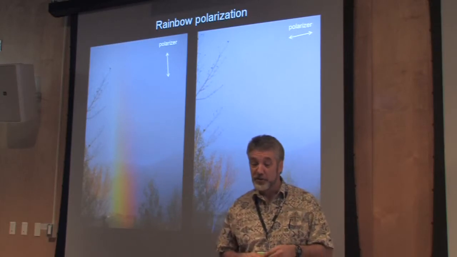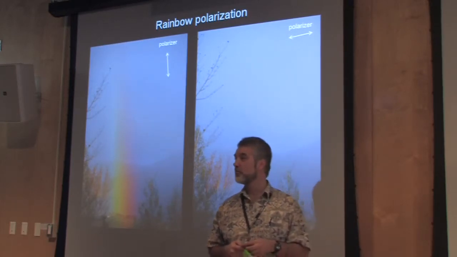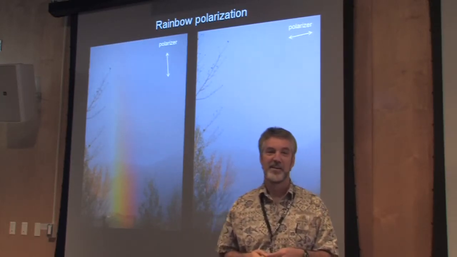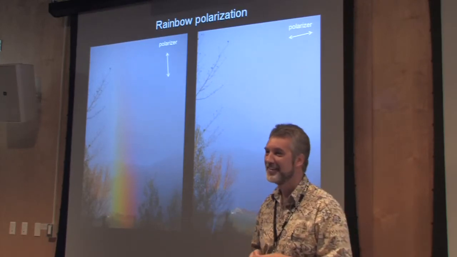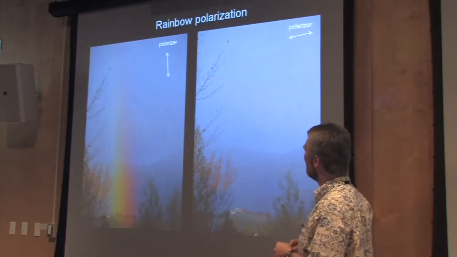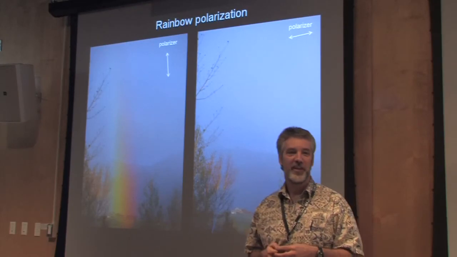And if you wish, if you're really a mean-hearted person, you can get rid of a rainbow. Because what's the axis of